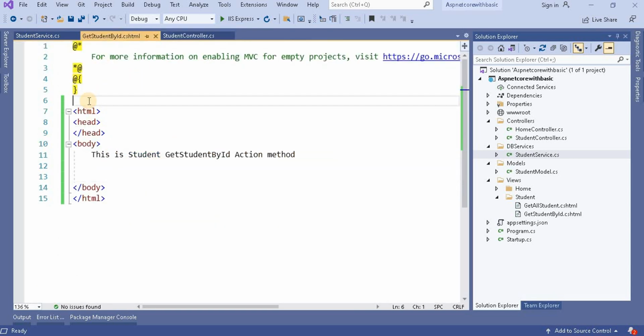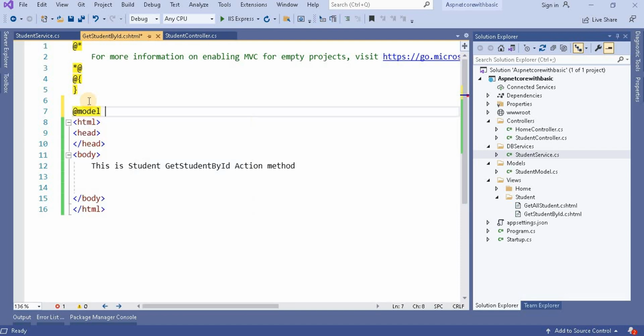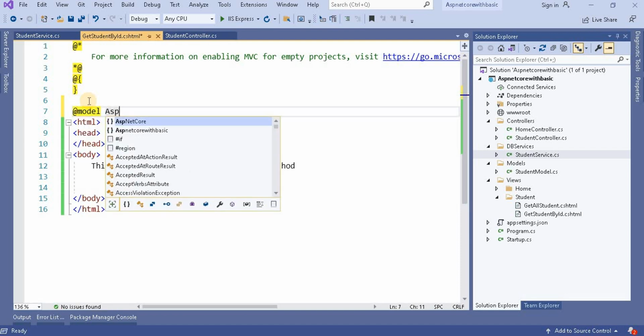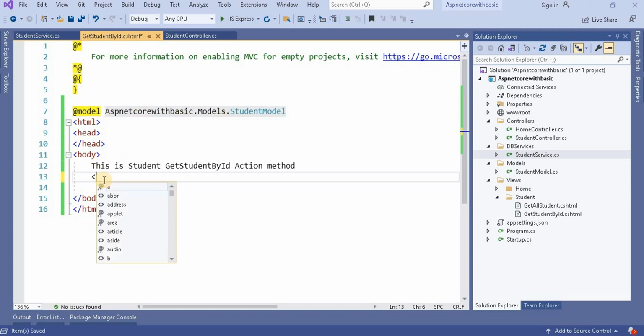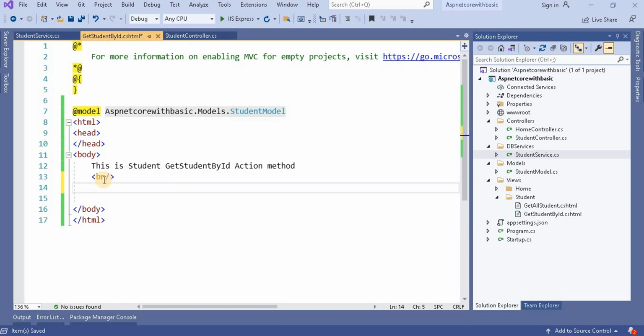For reading the data inside the view, first we have to use @model ASP.NETCore.Models.StudentModel. Then, to use this data, I'm going to take one H3 tag, and inside it I'm going to write @Model.Name. Similar to this, I'm going to take another property which I have in the student class.